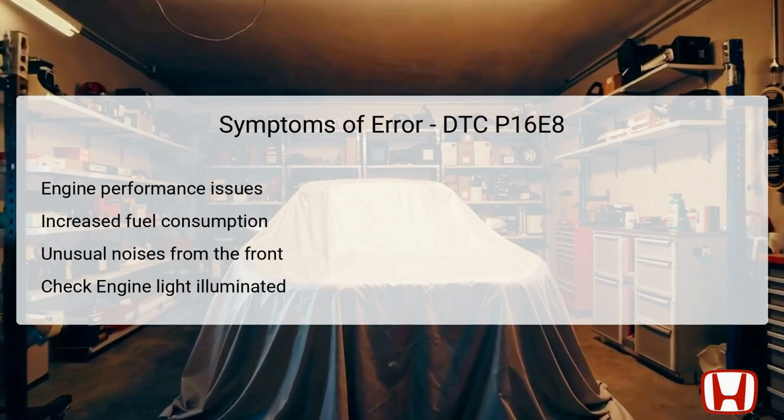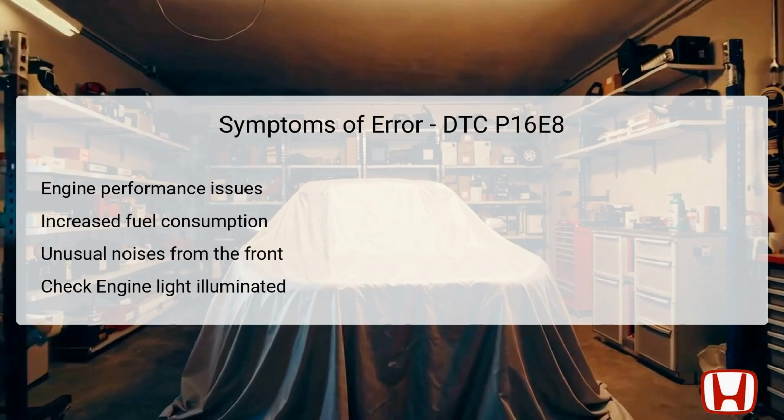Additionally, increased fuel consumption could arise as the vehicle's efficiency diminishes when the grille fails to operate correctly. Drivers might also hear unusual noises emanating from the front of the vehicle if the shutter grille experiences mechanical issues. Finally, the check engine light on the dashboard will likely illuminate,